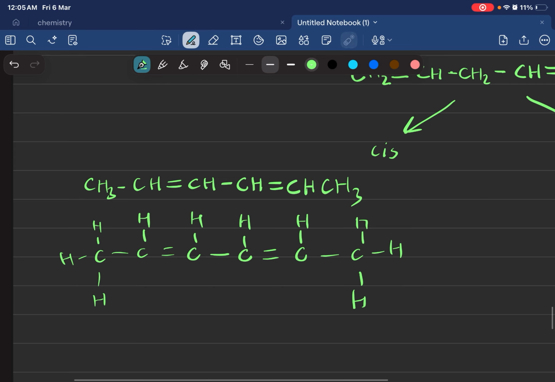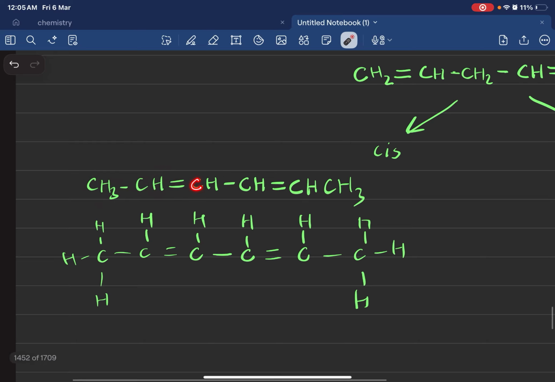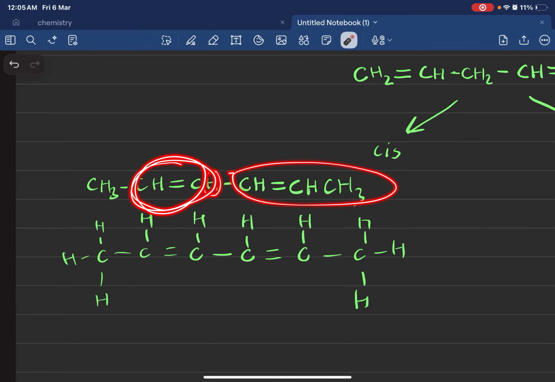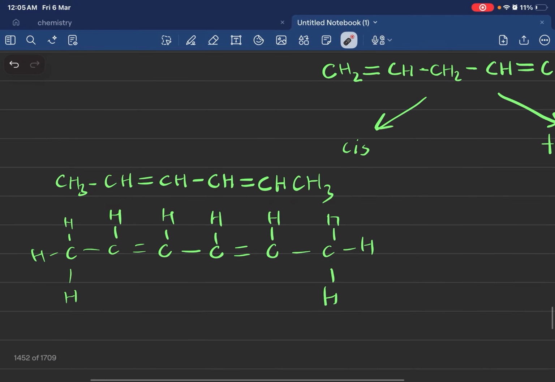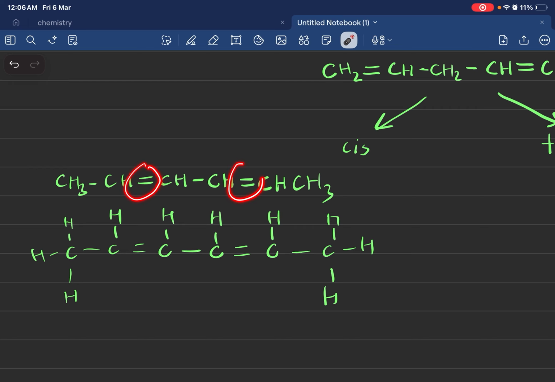Let's see. So this carbon, it has one hydrogen attached to it and one CH3. Well, it can give cis trans. And then this carbon, it has one H attached to it and this group. Well, this is a stereo center. Now let's look over here. If you see this carefully, you break it from here or you break it from here. This is a symmetrical alkene. Okay, symmetrical dialkene, like it has 2 alkene groups, this group and this group, and both groups can give